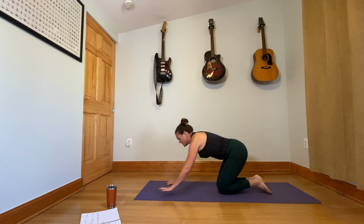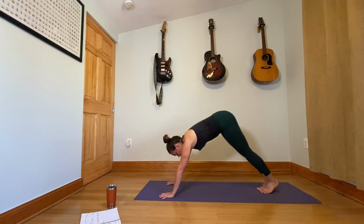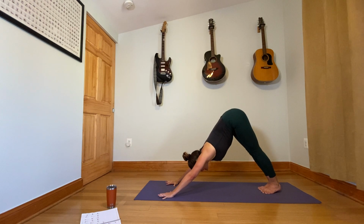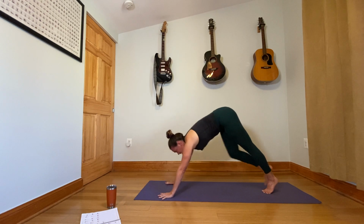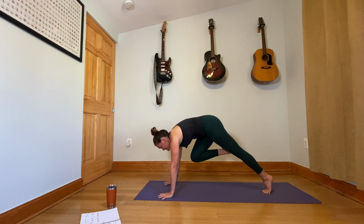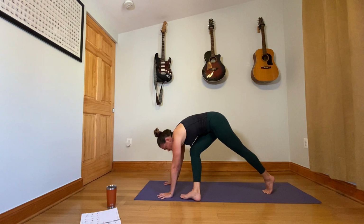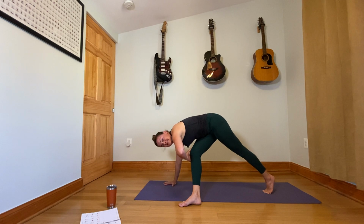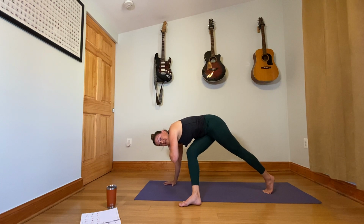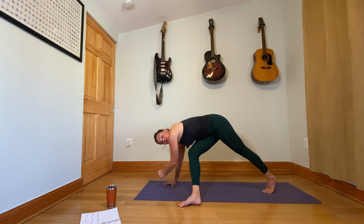Feel free to get the visual a little bit first and then to join in. So from downward facing dog again, we'll take the right knee into the chest. This time, step the right foot down and just heel toe it over towards the left wrist, but the leg is going to stay bent a lot. And then I've got to work my left arm around to the